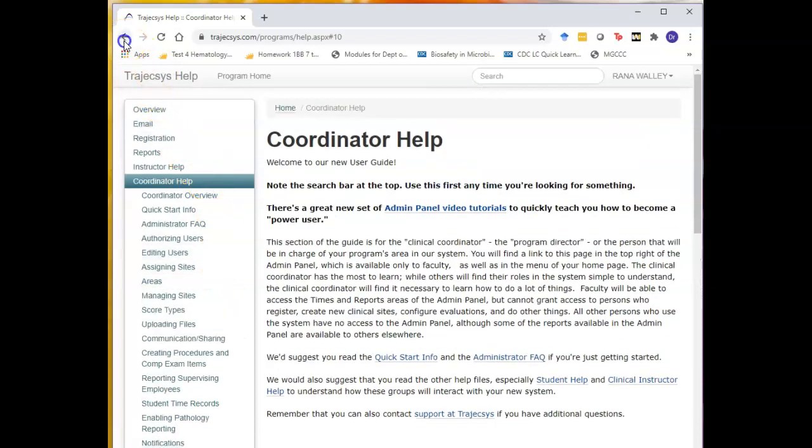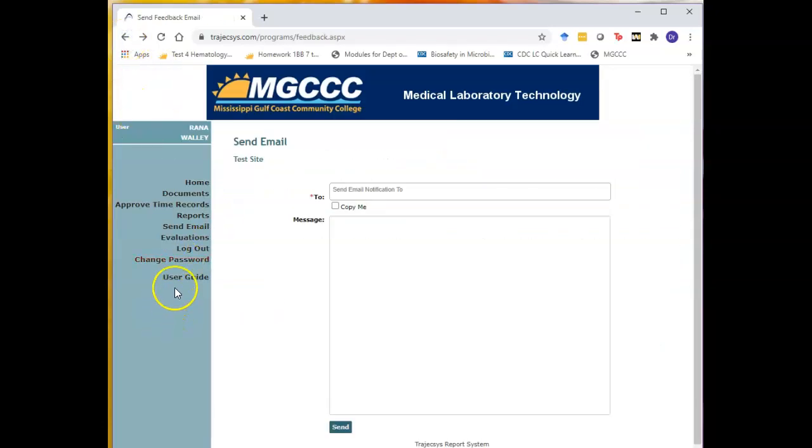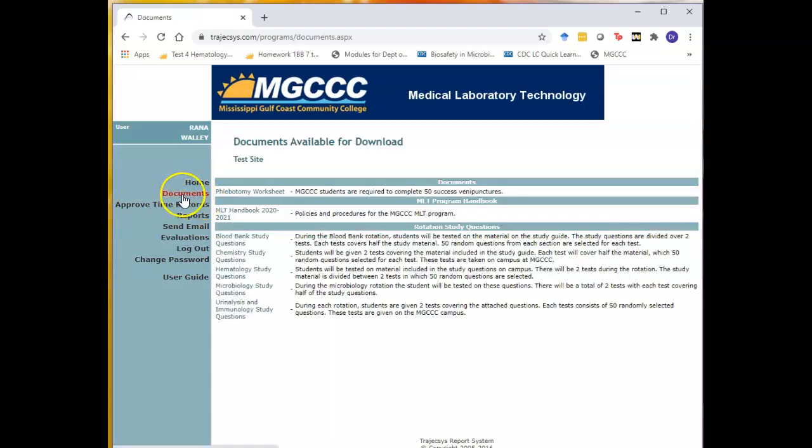extensive, so I just wanted to give y'all a quick overview of the highlights that you'll be using: evaluations, approve time records, and then if you want to look at documents, I get a lot of questions about what are they studying, and here you can have access to all of their study questions that they are studying, our handbook for the policies, the program policies, and their phlebotomy worksheet. That's the only piece of paper that they will have to record any clinical